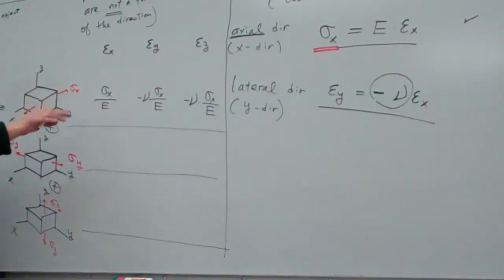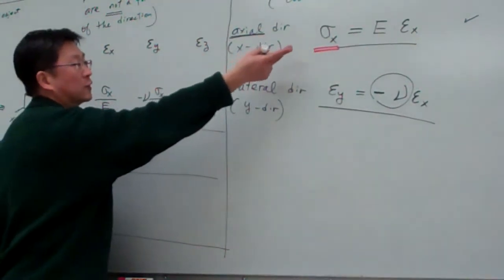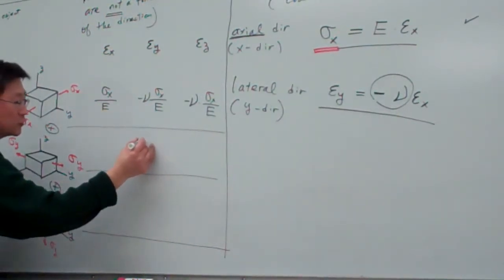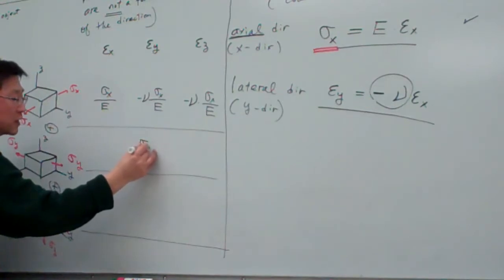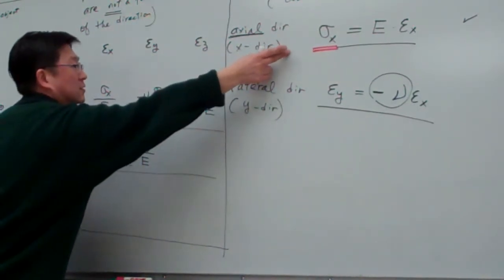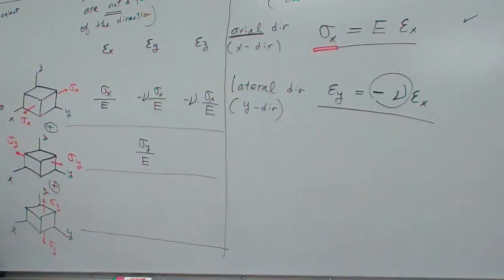So now we're done for one case. For the second case, the first step is we define which direction is the loading direction, y. So we start from the axial direction. In the axial direction, we have Hooke's law governed by this. So now y direction is our axial direction, which means this is our axial strain. Axial strain equal to the stress divided by Young's modulus. So this is following this, right? Okay, the key step for individual cases is you have to first identify which